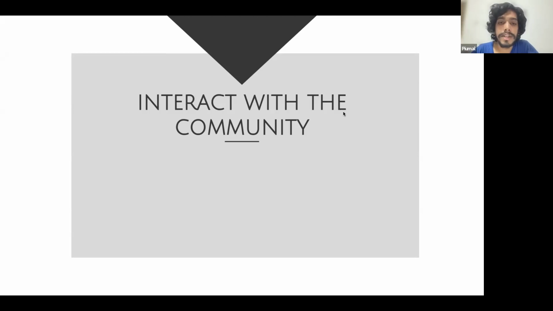The next thing is the most important thing you have to do. You need to interact with the community. If you just apply for a project at the last moment without doing any interactions with that organization, there is a higher chance of being rejected. That's because most of these organizations usually use a marking rubric when reviewing your application. In that rubric, they dedicate a significant amount of points to these community interactions. So if you don't interact with the community, you will lose those points, and your application will be rejected.